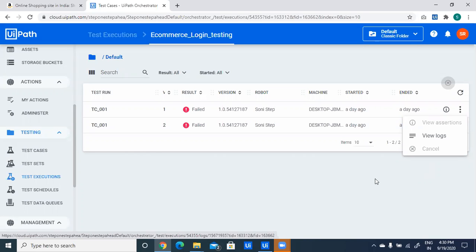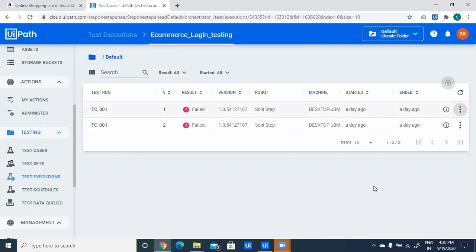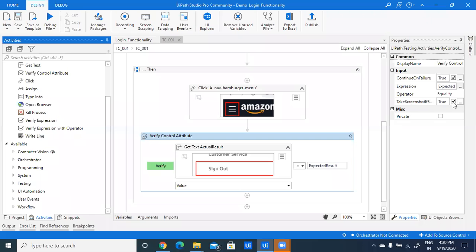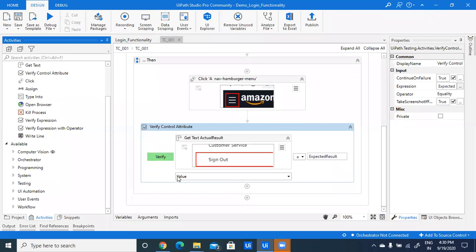Okay. So if the case passed, can we take the screenshots too? Yes, the current version she's using is version 1 of the testing activities. That doesn't have the option here, but we have released 1.2, the next version of the same activity, where you can take a screenshot for the passed case as well. Similarly, like take screenshot if failed, you have another option called take screenshot if passed. If you want, you can just update the testing package and you will be able to see that. Okay, good, cool. So in short, you just have to click that checkbox and then screenshots will be there in Orchestrator.